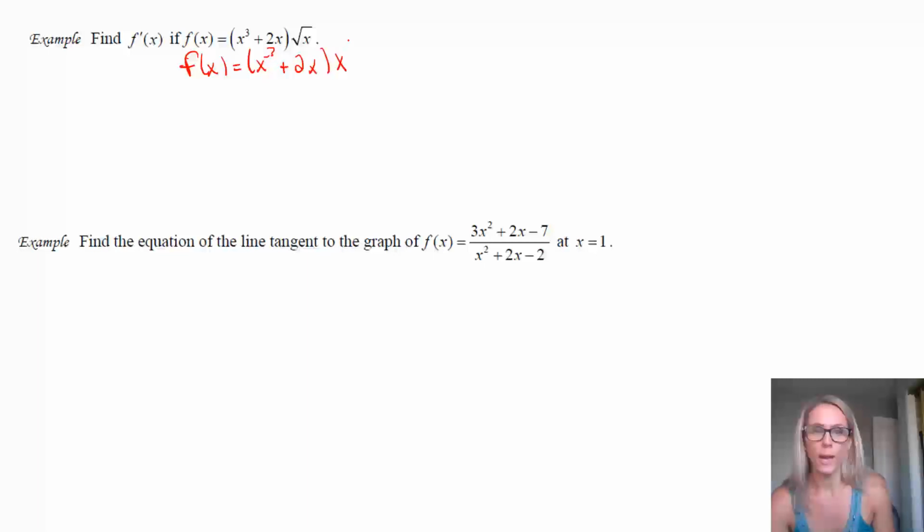You also have x to the 1/2. But x to the 1/2 can be multiplied by both of these two terms and be put into them. And then the derivative can be taken from there. So don't forget that sometimes you can manipulate algebraically to actually make your life easier.